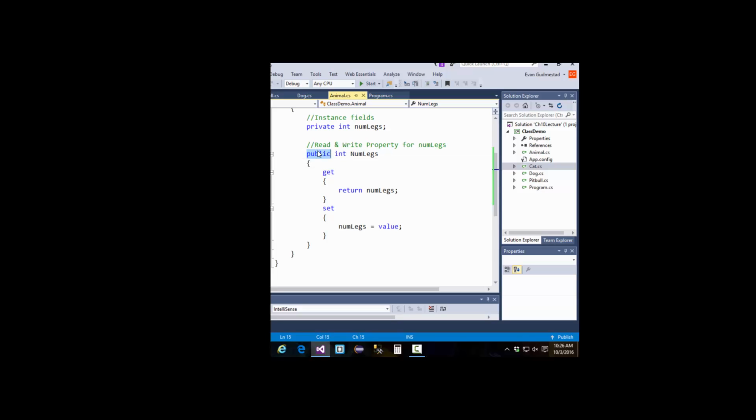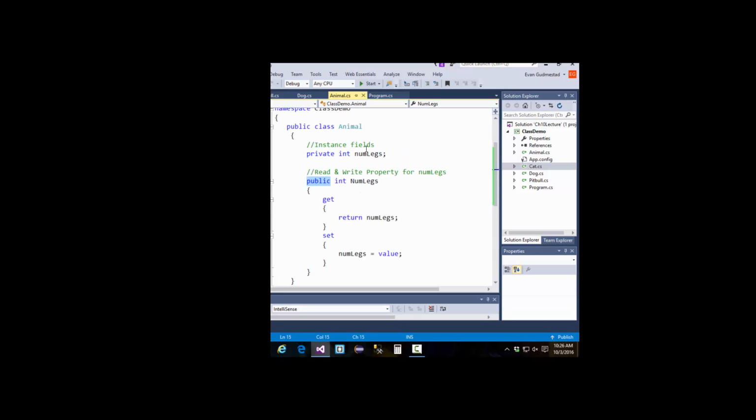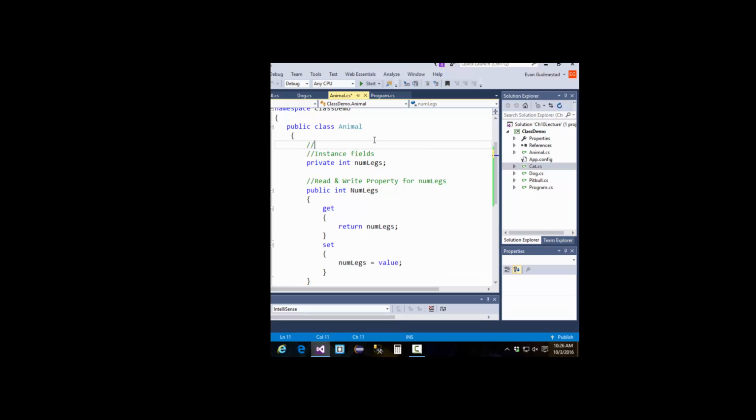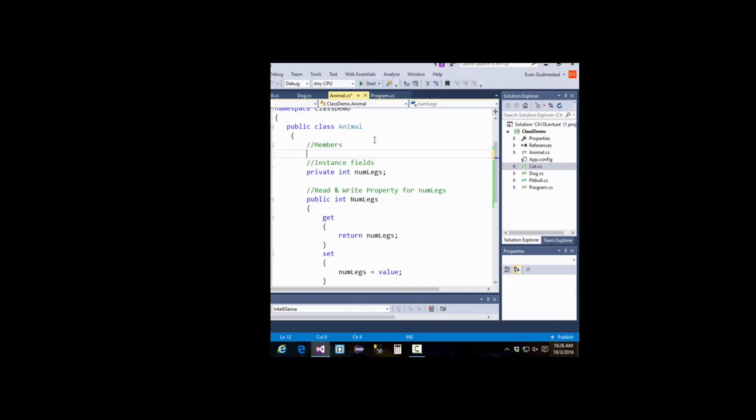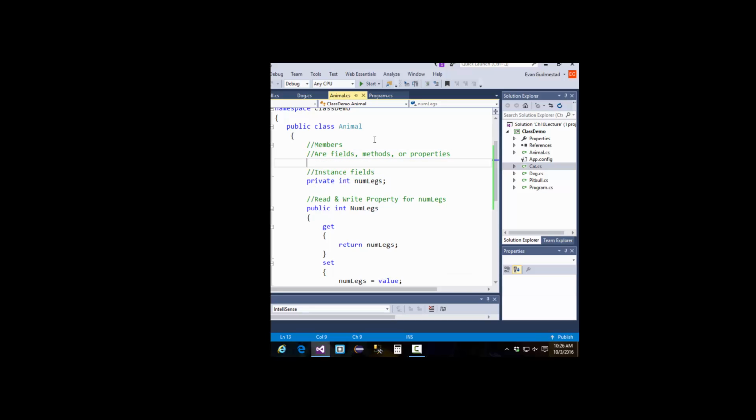public, and one word that can be used, one word that I haven't used very much in here, you could say members, right? Members are fields, methods, or properties. So when you talk about a class's members, well, the main things are the methods, the fields, and the properties. So when you have public members, they can be accessed through